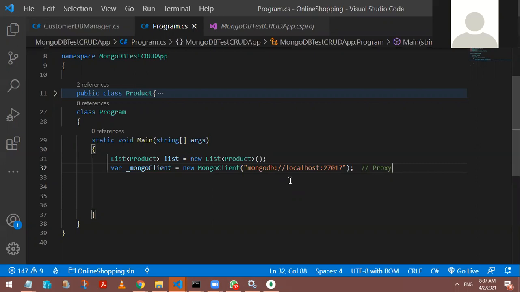So the MongoDB driver has given that MongoClient where I'm specifying that information, and I'm getting the dynamic reference. Now once I get this reference of my server through this particular MongoClient, the proxy object will be returned to you. Once you get the proxy object, why don't you call the method of that proxy object which will give me the database? So you know the database name. What is the database name? Have you observed?